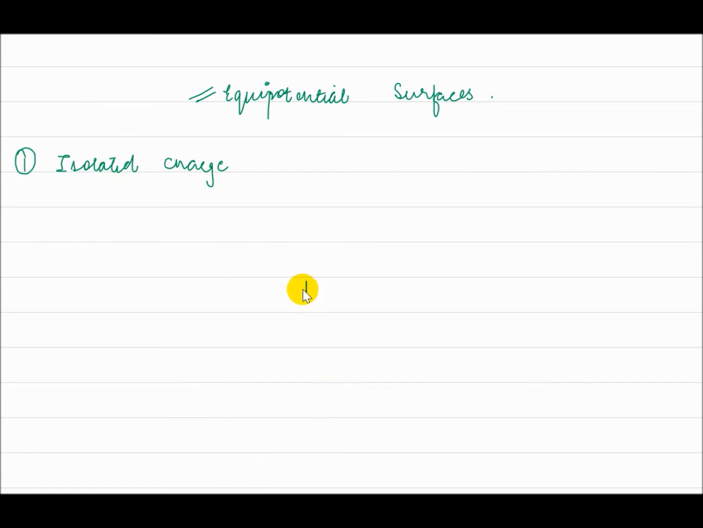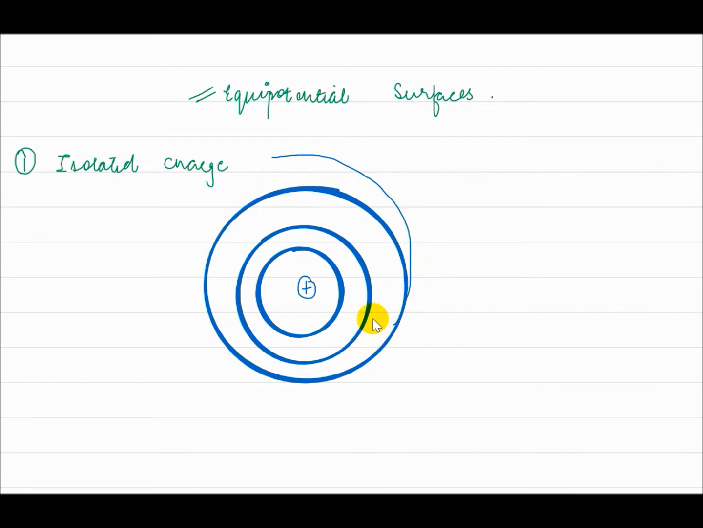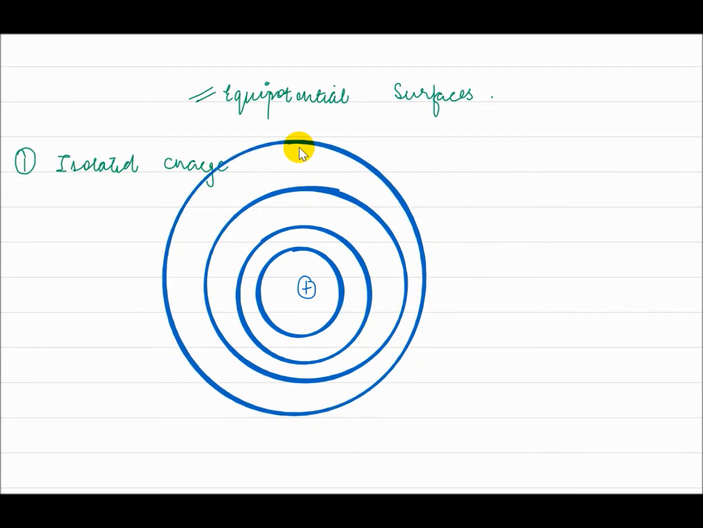So we'll take a positive charge and the equipotential surfaces are concentric circles. Moving away from each other, the distance keeps increasing. They go further. So this is how an equipotential surface for an isolated positive charge looks like. Now the second one that we'll do is